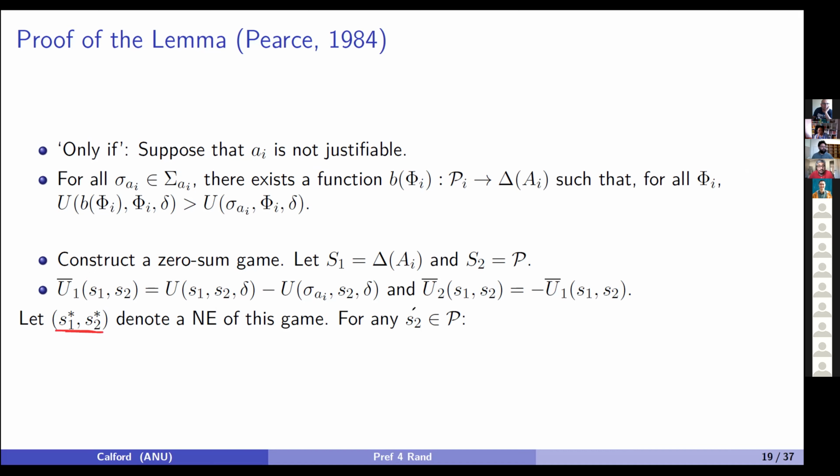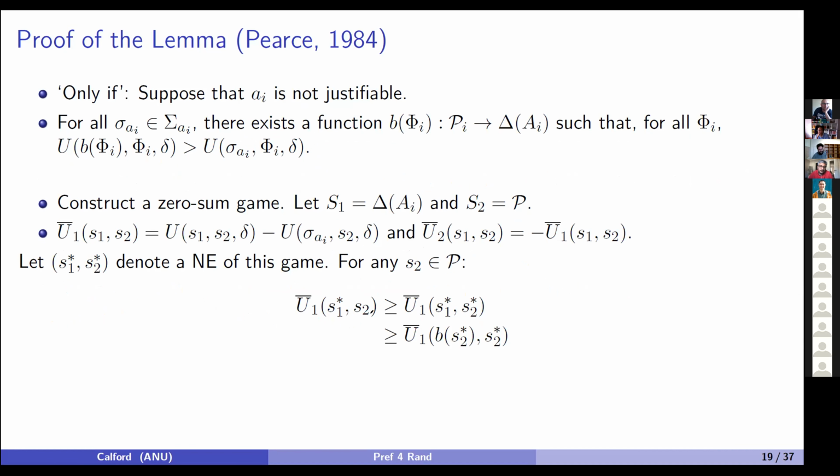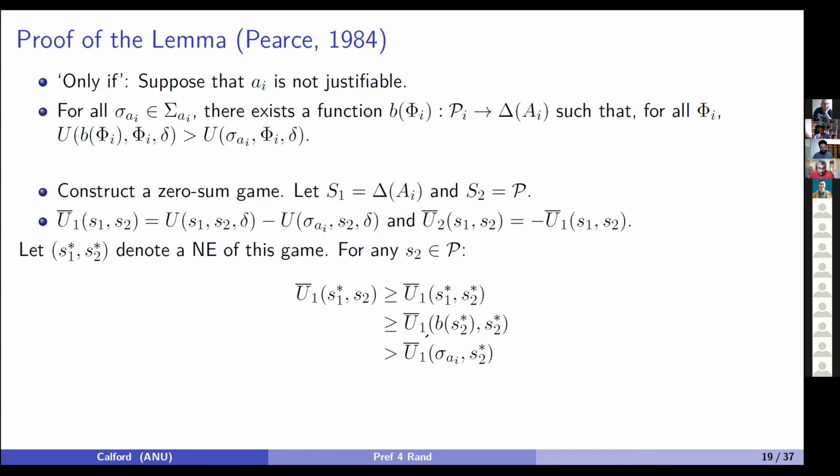And now for any strategy that you play, any belief set you choose from me, my utility from playing my Nash equilibrium strategy here is going to be at least as large as the utility I would receive in the equilibrium, because this is a zero-sum game. That is going to be at least as large as if I played the better response to your equilibrium strategy, by definition of the better response function, and the Nash equilibrium must be best response. And this is strictly greater than if I played the strategy we have in question, from the definition of